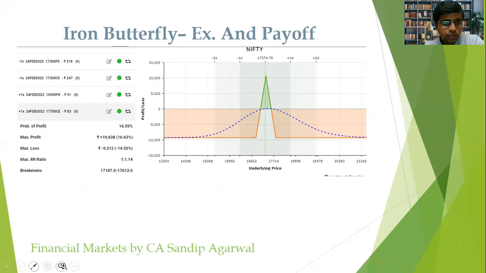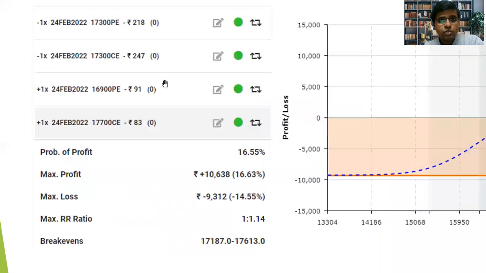Now see, this is the example. I just zoomed this slide. If you go to my video number 1 under the options intermediate, you will see the example of the short straddle. We had considered only the sale of an ATM put and the ATM call. The combined premium was around 460, which was the maximum reward in that case, but the maximum risk was unlimited. In case the market moves very strongly in the upward or downward direction, the risk becomes unlimited. Now, what this person has done is bought a hedge by way of the 16,900 put option,